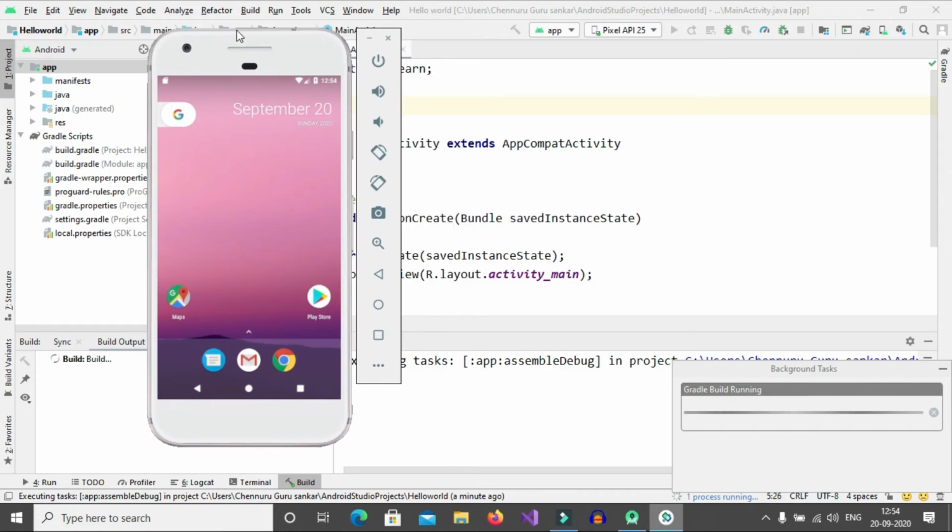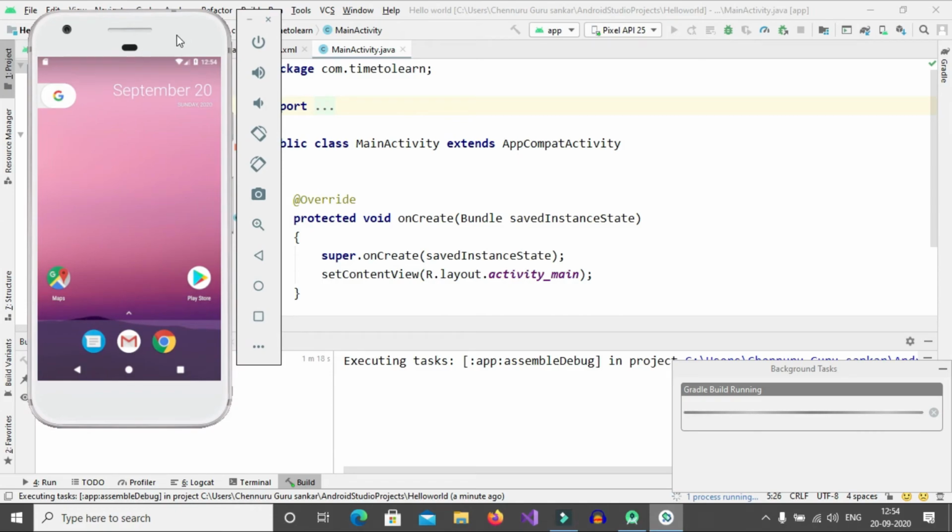I recommend you guys who are studying in RGVKT, better to go with a lower API level. When the API level is increased, the performance of the laptop will be damaged. Badly, it will get stuck. So better to go with a lower API level. Now wait for a few minutes to build our app.